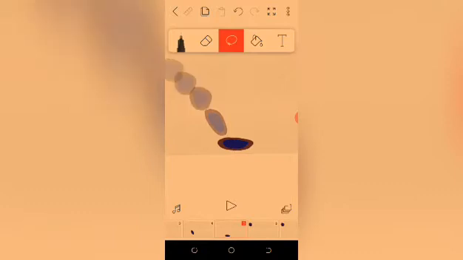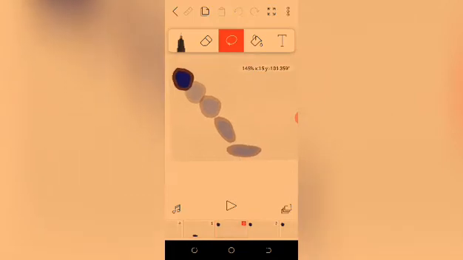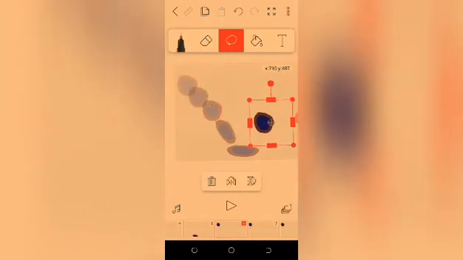So we can go back to our animation screen, and when you look at the screen, we could see the images of the previous movement of the ball. So this will enable us to position our next movement. So once we click on the 6th frame, we trace the object and